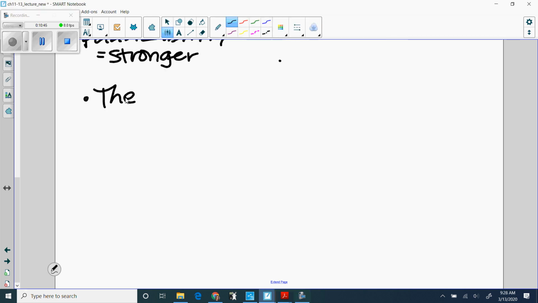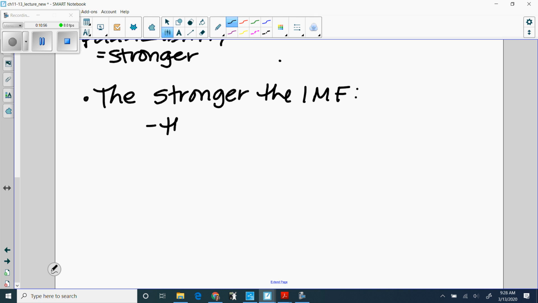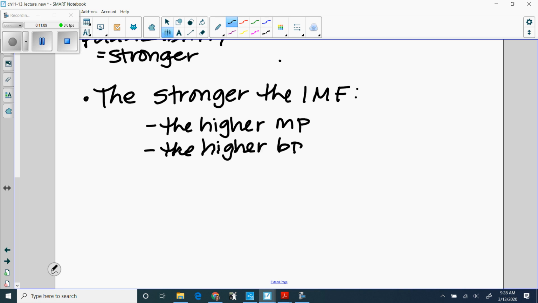Good thing I said it wrong anyways. The stronger the intermolecular force, the higher the melting point. I'm just going to write MP. If you're not going to remember, write melting point. The higher the boiling point,